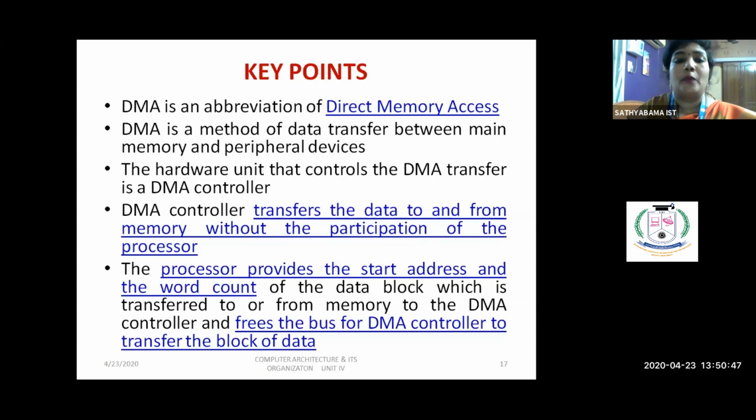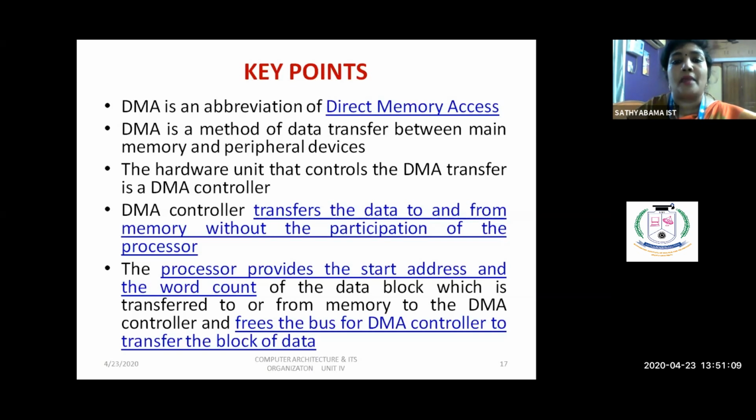Next one, key points. These are the key points related to today's class. First one is DMA. DMA is the abbreviation of direct memory access. DMA is a method of data transfer between main memory and peripheral device.